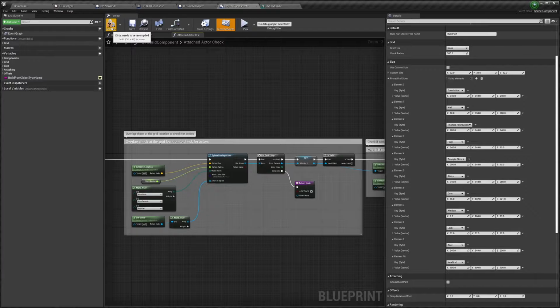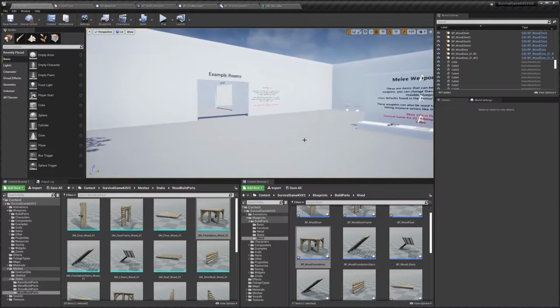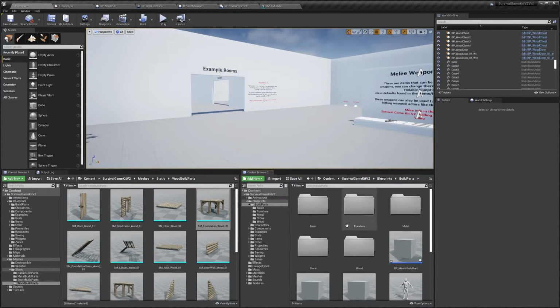So next we're ready to actually add our grid to one of the build parts. So I'm just going to compile this. We'll go back to the content browser. Now the build parts are found in the blueprints build parts folder, and then we've got various folders for the